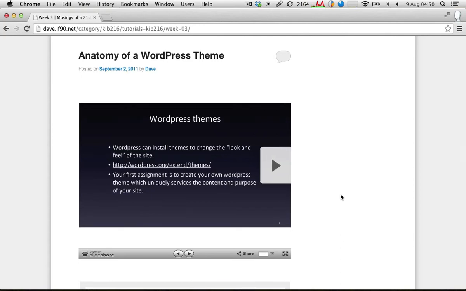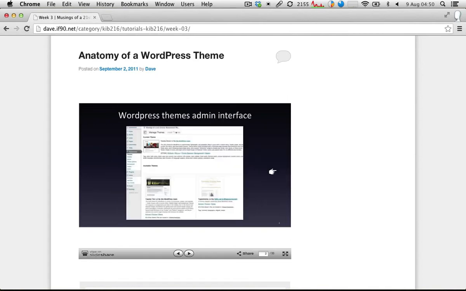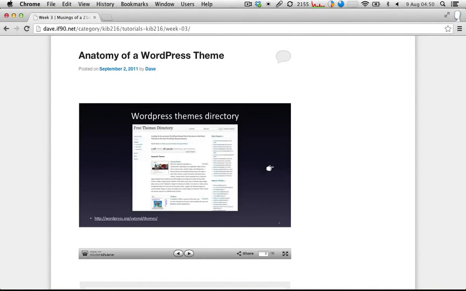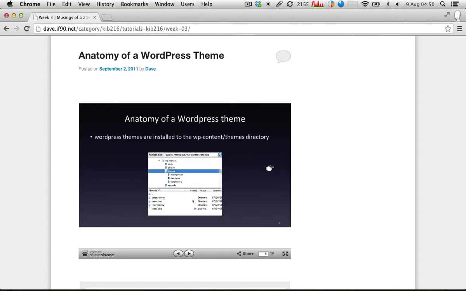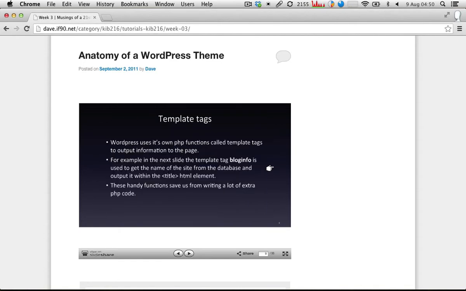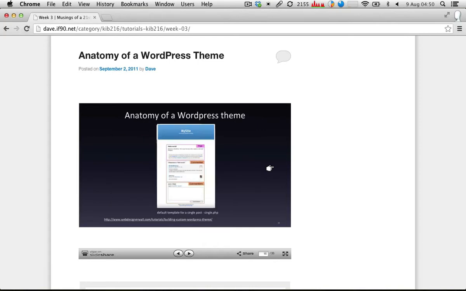Okay, we'll move on now. I'll just mention this post here, which is again a series of slides from the lecture, which I've pulled out and put on their own, about the anatomy of a WordPress theme. And so I'll be referring to the same stuff as I'm going through the demonstration as well. But I've also